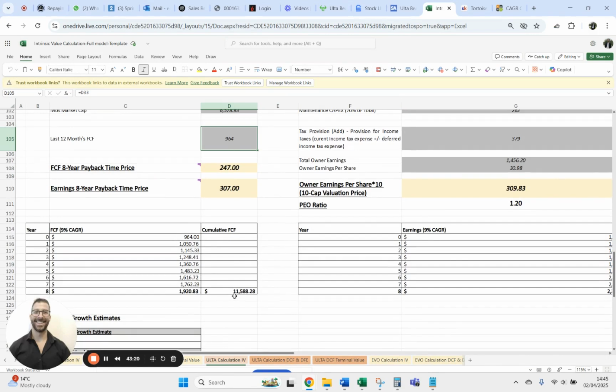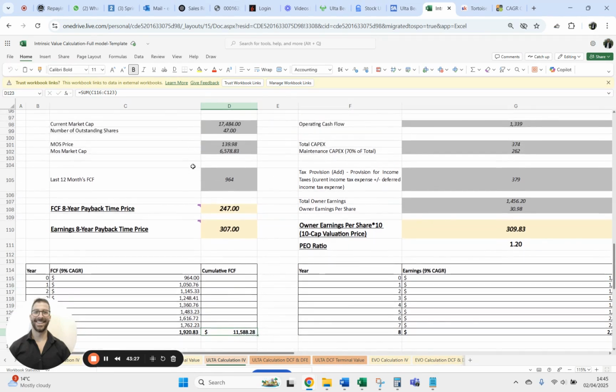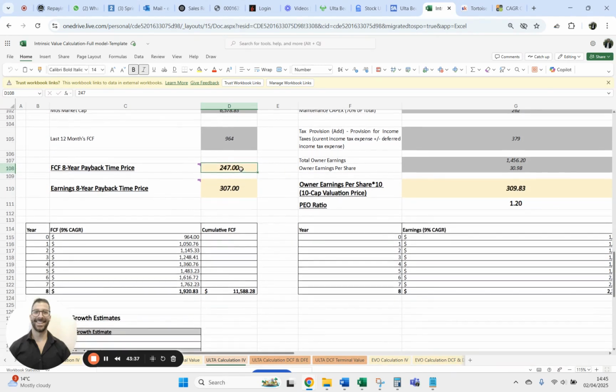And after 8 years, if you do $11,500 divided by the number of outstanding shares, which is 47, that gives you a free cash flow 8-year payback time of 247. So it means that if you pay 247 pounds for the stock, provided the fundamentals don't change and the company continues to grow at 9%, right? It will take you 8 years to recoup all your investment, which has a very significant margin of safety already